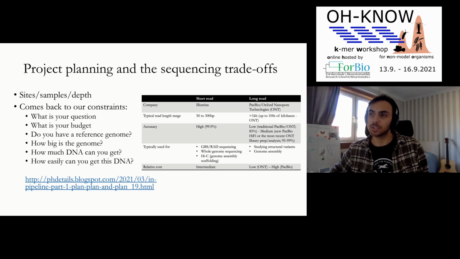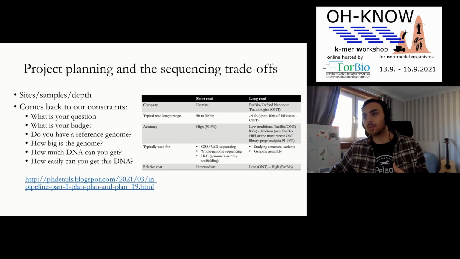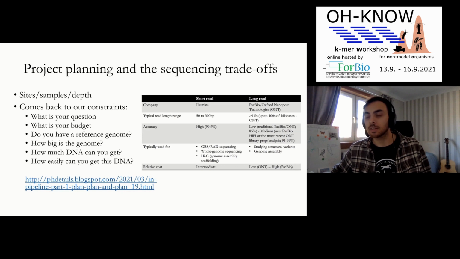So it's important to identify your question, think about your budget, which may be you or your boss's responsibility. You can even think about things like, do you have a reference genome? Does it make sense to be sequencing hundreds and hundreds of whole genomes if you don't have a reference? It might make sense to think about how big your genome is. Obviously, the output of these machines is constrained by basically the number of bases you want to sequence. So if you work on a 100 gigabase genome, you are going to get much less population level sampling for the same amount of money than if you work on something with a very small genome.